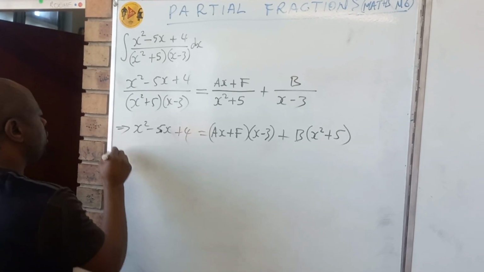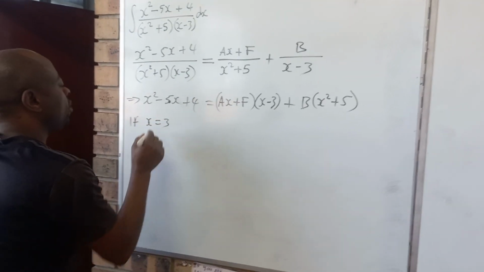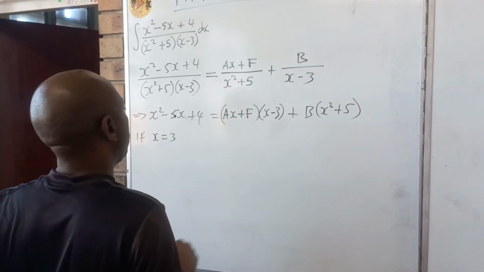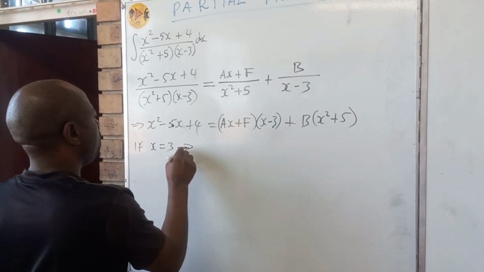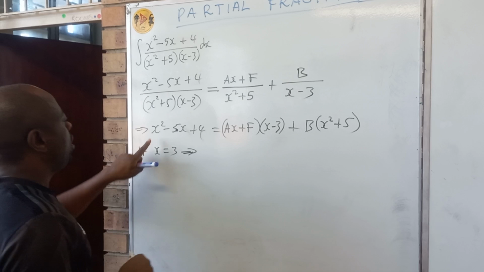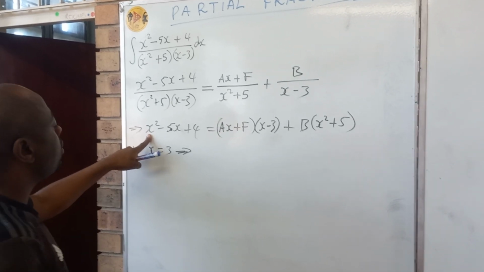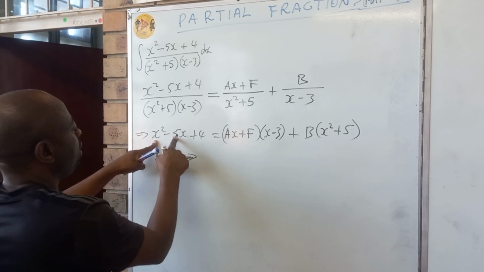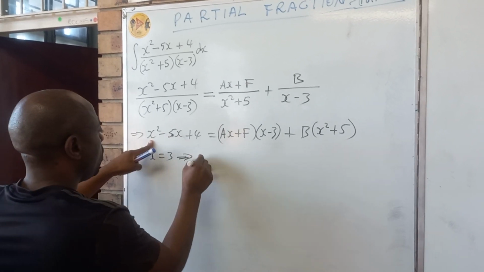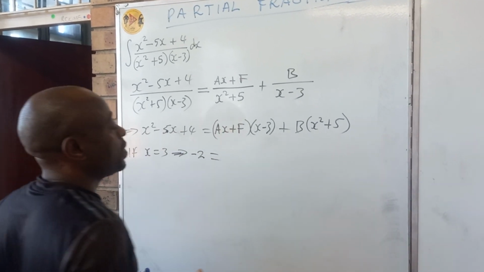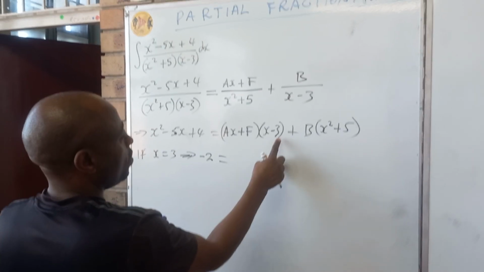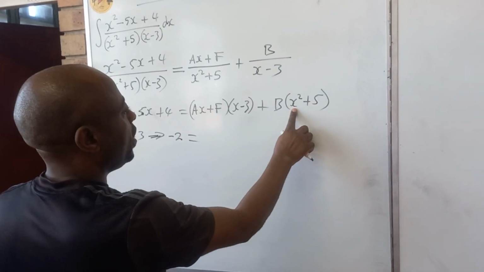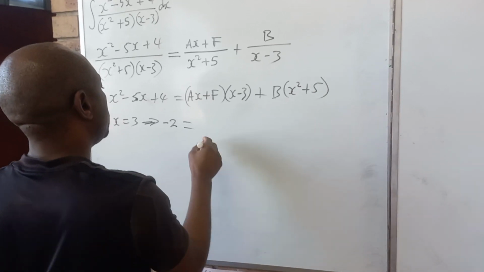So if I'm choosing a number, I'll be saying let x be equal to 3. I got 3 by equating the linear factor to 0 and solving for x. Then I substitute it right across. If I put 3 here, that is a 9. 9 plus 4 is 13. 13 minus 15, since 5 times that is 15, I'll get negative 2. And now since 3 came from x minus 3, it means this item will be 0, because if you put 3 here, that will be 0. Then you put 3 here, 3 squared is 9, 9 plus 5 is